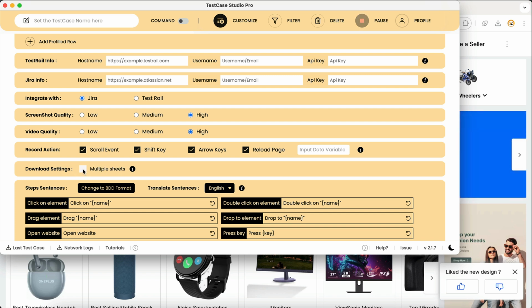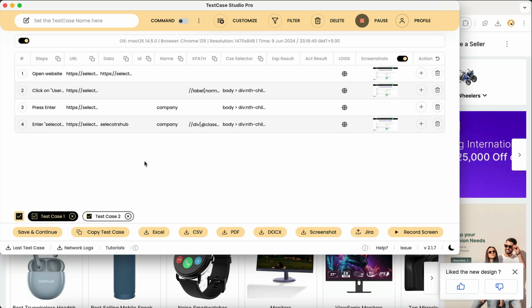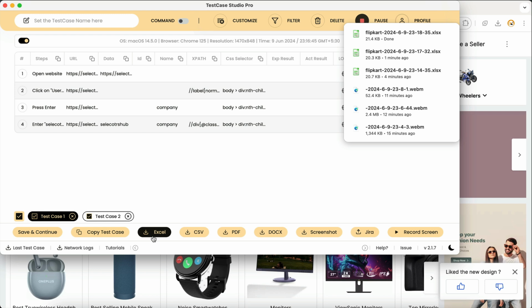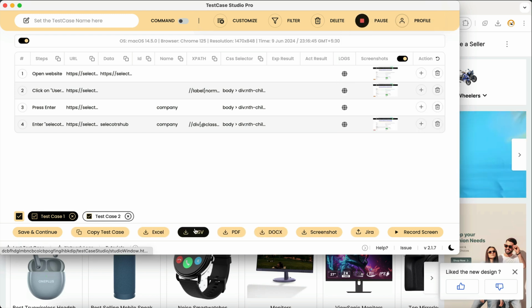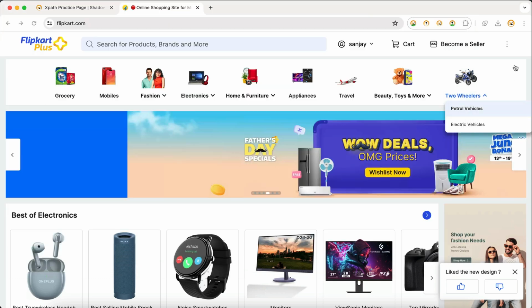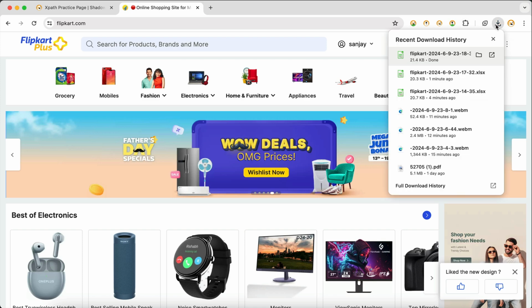If you want to download in multiple sheets, you just check this, and now if you go back and click on download Excel, this feature will be available for Excel only. CSV, PDF and doc don't have that because that is not required and doesn't work that way. Only Excel can support this. So here if you go to download this file,